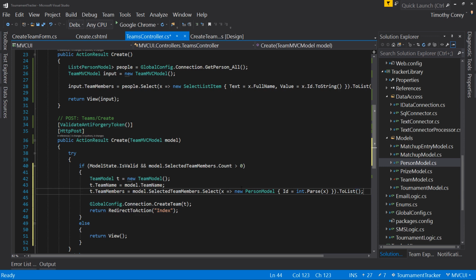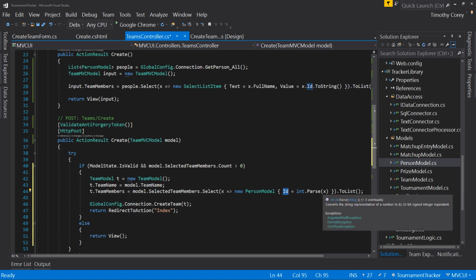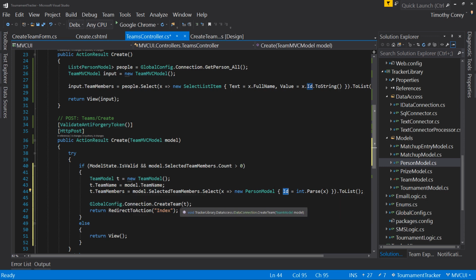And that's it. So we're doing this up here in reverse. We're taking our selected team members, which is a list of string, and we're saying for each one, create a new person model, populate just the ID with the parsed version of the value, which is a string. And we're saying take all those, throw them in a list, put them in the team members, which means the team members is going to be just a series of numbers, which is okay because when we save it, that's